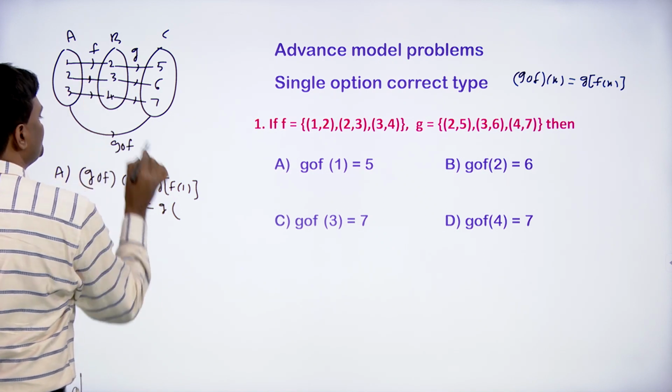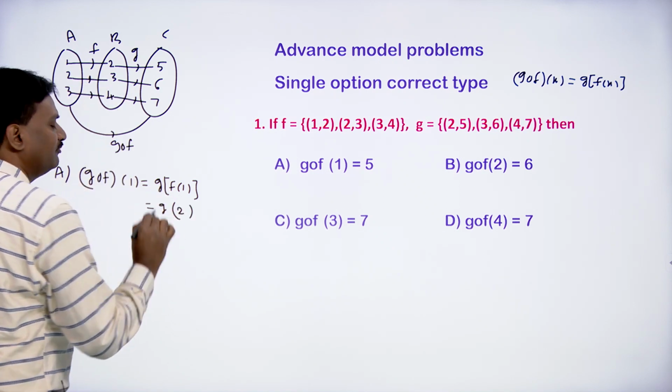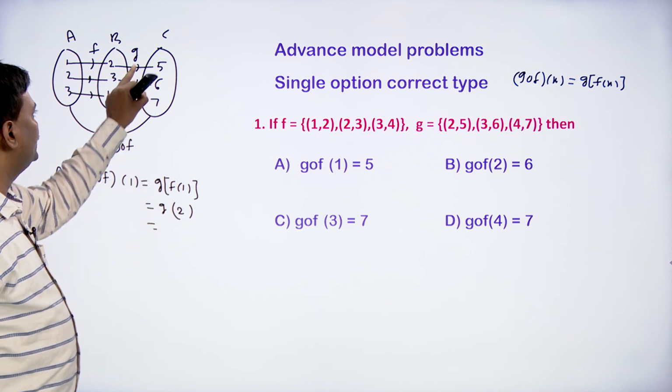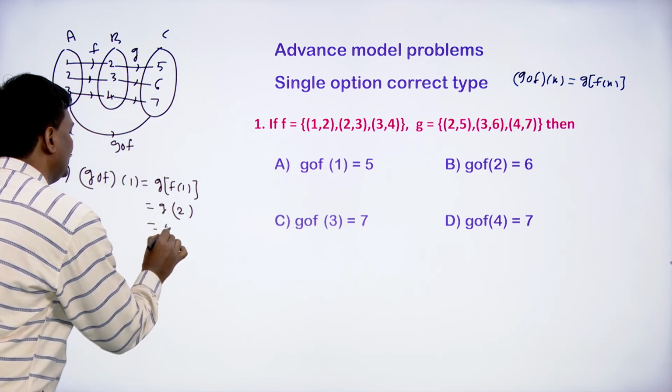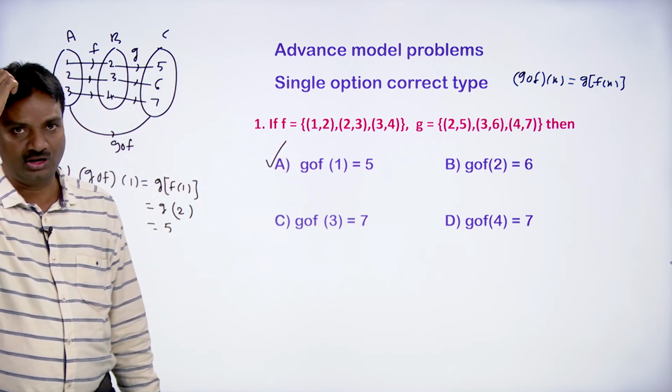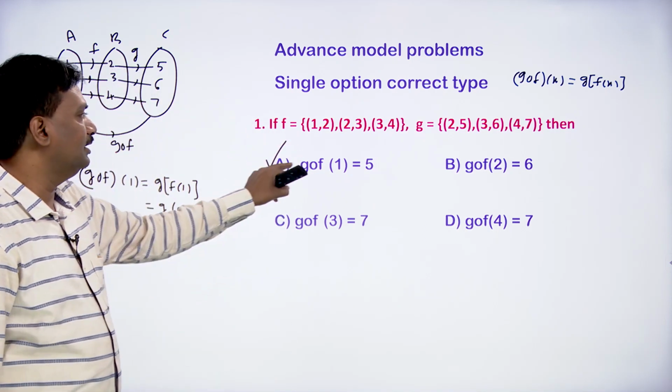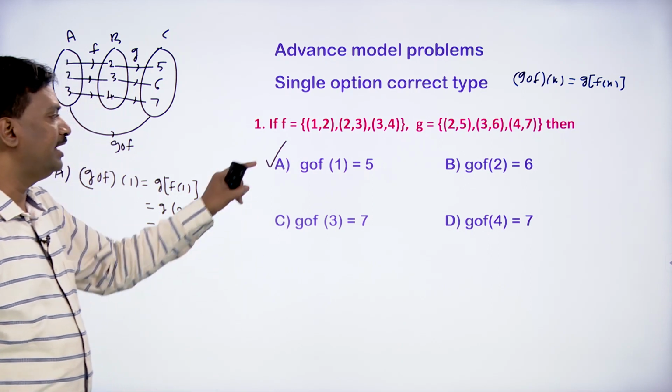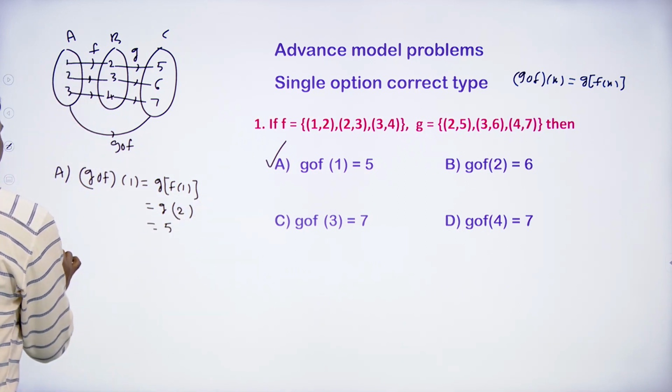The image of 1 is 2 with respect to f. With respect to g, the image of 2 is 5. So g circle f of 1 equals 5. So option A is correct. If we take option B,